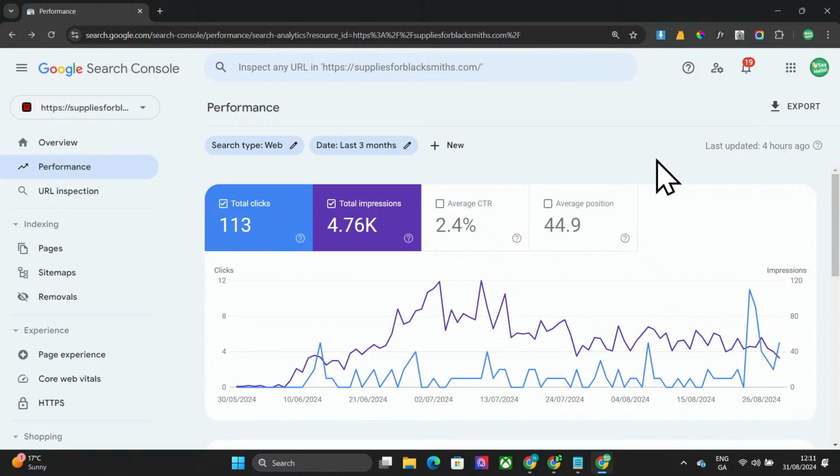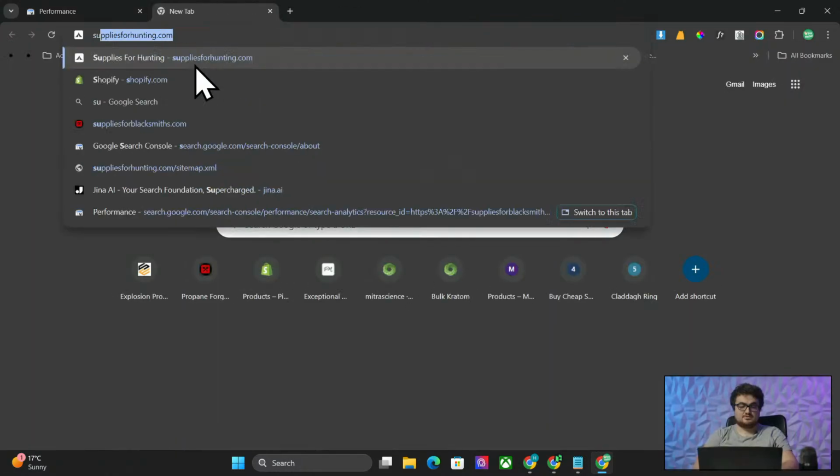So what we're going to be doing is working on a few different case studies, because we're trying to build enough content that we can show on certain websites, because obviously we can't show all of our client sites, so we have to be careful with what we use. So let's go into Search Console and have a look around and see which sites we're going to be working on. One of the websites is Supplies for Blacksmiths,